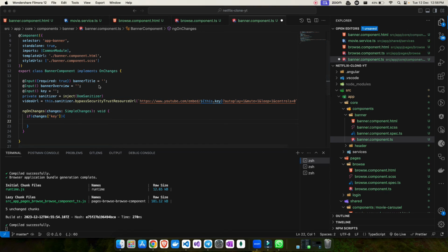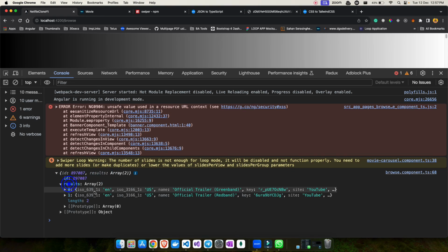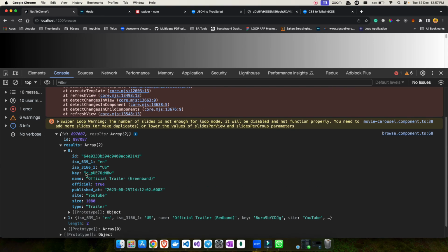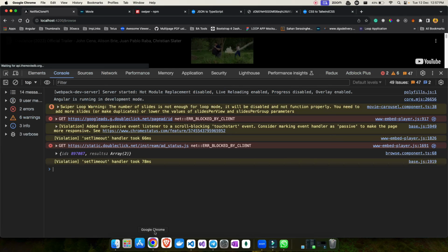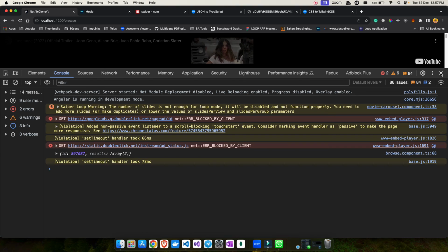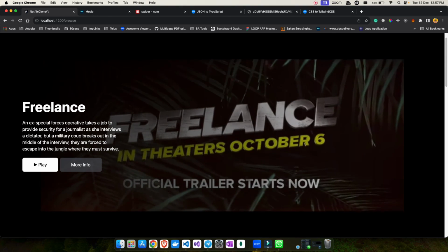So that's how you have initialized it. If you want, you can assign an initial value to it, as you were assigning it previously. So let me just go here and assign the initial value to this. So this is my key, right? I'll copy this key and put it here, save the changes, and go back, and you should be able to see a trailer behind. So now you can see this is the freelance movie, and you can see the trailer as well behind.